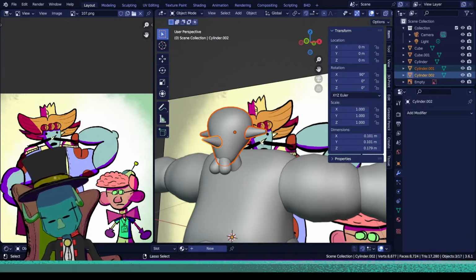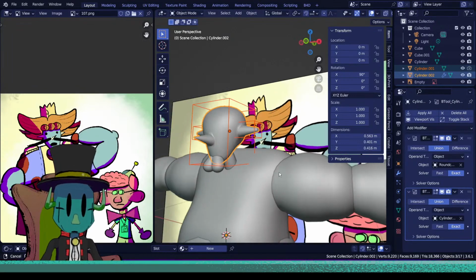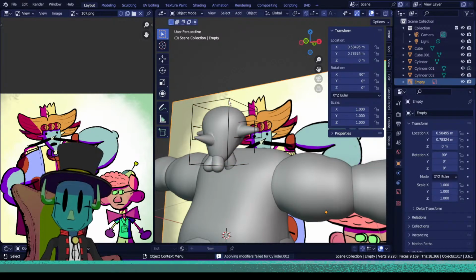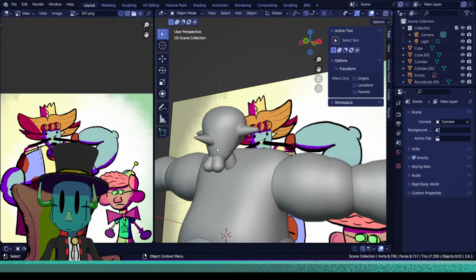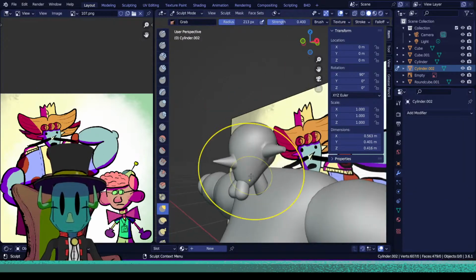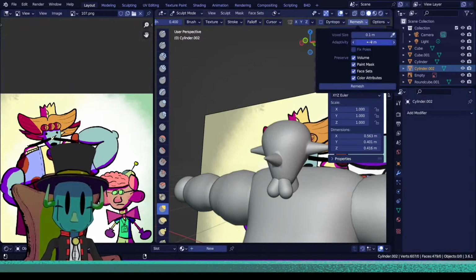Control plus. That's the shortcut for the Boolean. So far so good. I'm going to apply all. Alright. Sculpt mode. Let's retexture this to